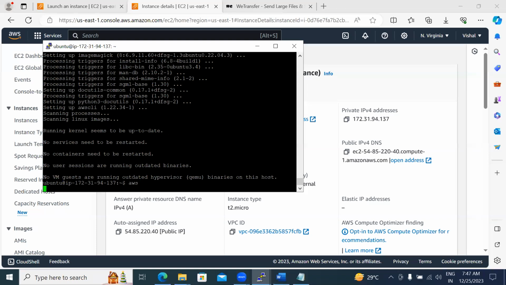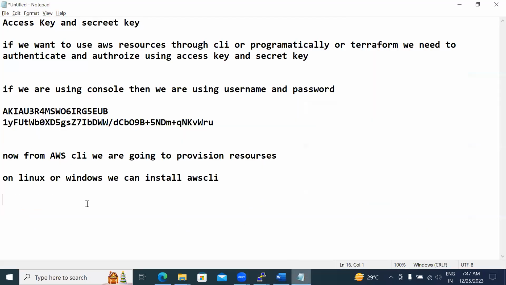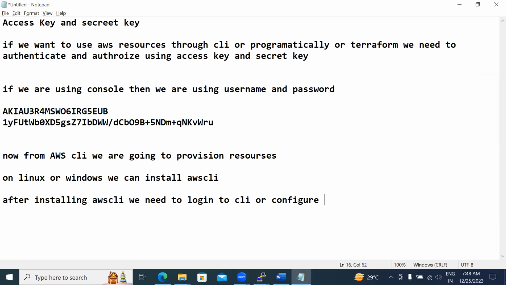Then if you type aws, this command will show the AWS help. What this means is that AWS CLI is going to be configured. Now, what is the command? aws configure. So once we run the aws configure command,